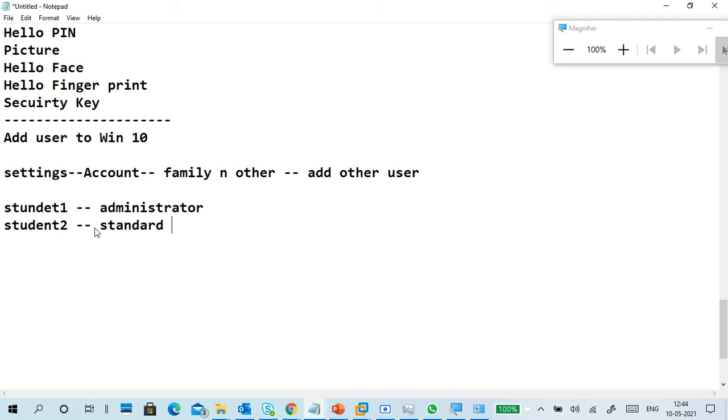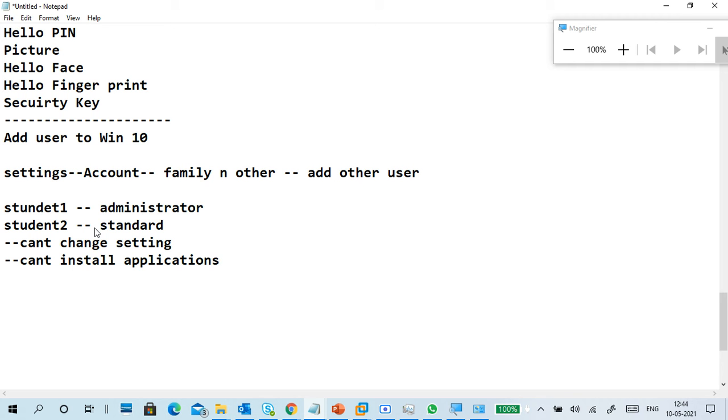Standard account users don't get all rights. They can access the PC, but they can't change settings. They can't install applications.